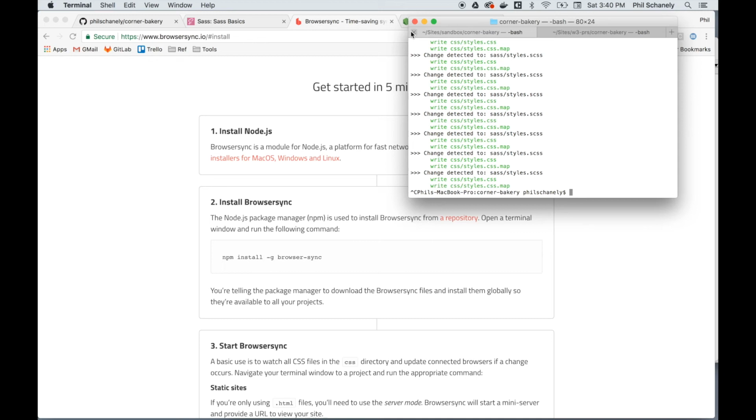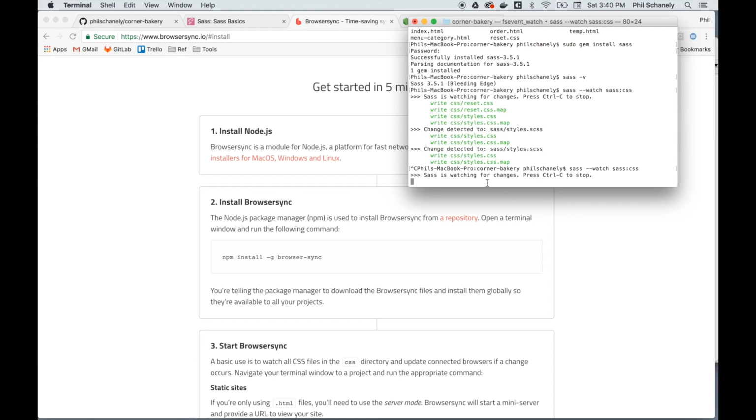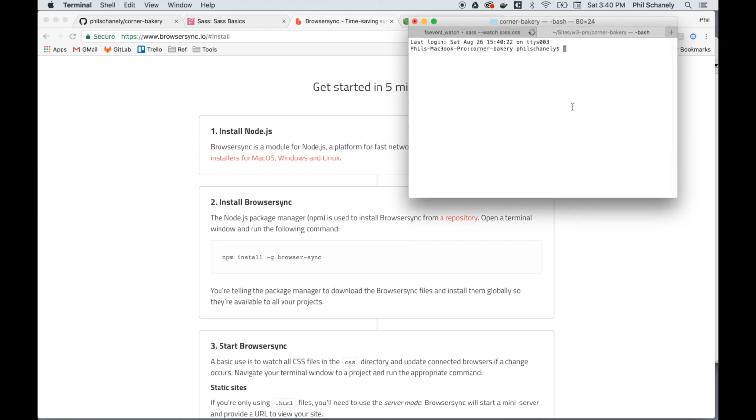Okay, I'm not sure which is which, so I'm going to close this first tab. I know this was the one I was working in, so I'm going to start that Sass watch one more time, which sounds too much like Sasquatch, right? Okay, anyway, new tab, I'm going to run npm install -g